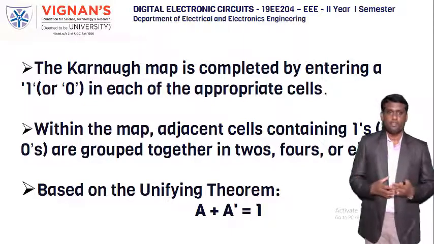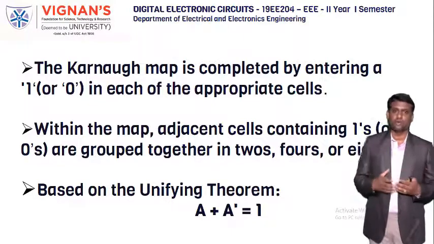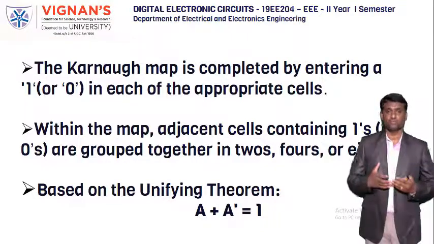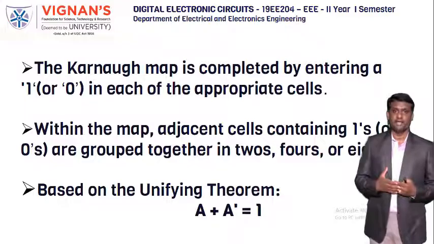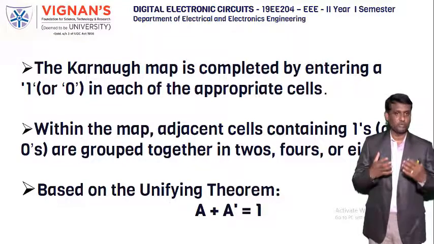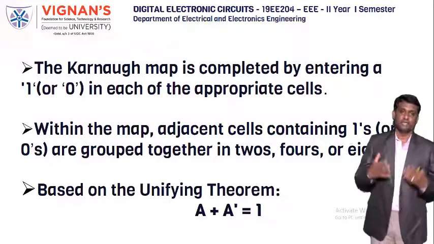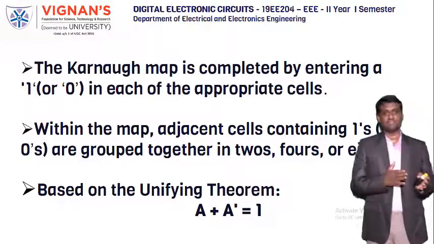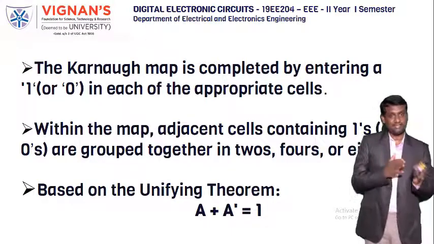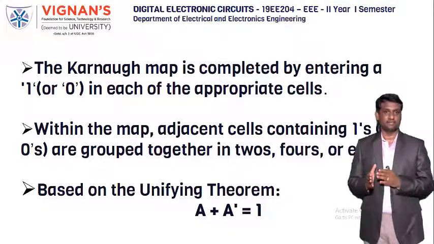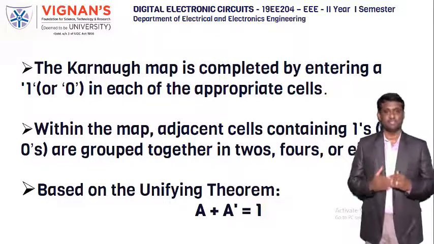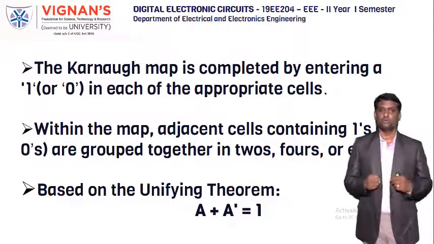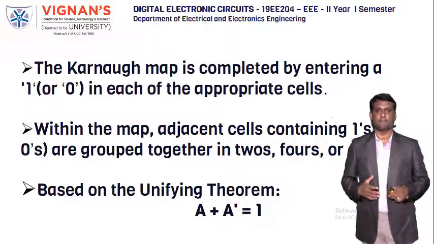That's why in the grouping of cells also we have to follow the power of 2. Powers of 2 only. So by grouping of the cells, we are going to simplify. In the simplification process, because of using the 1-bit difference code for assigning the cell numbers, the simplification process will become easy. That's why we follow the grouping of cells for the simplification of the K map.